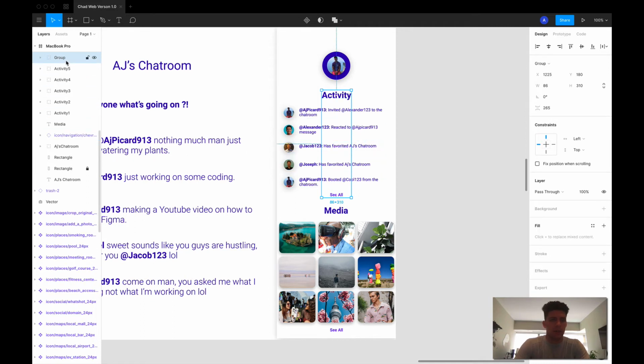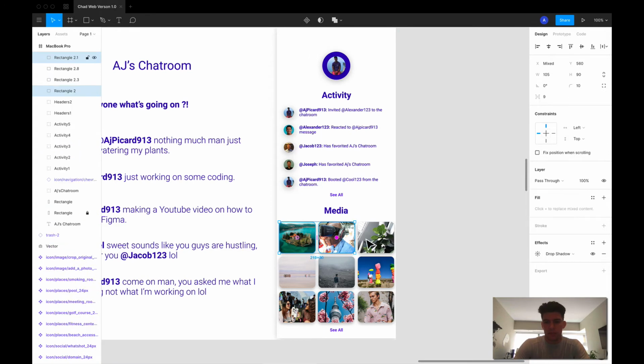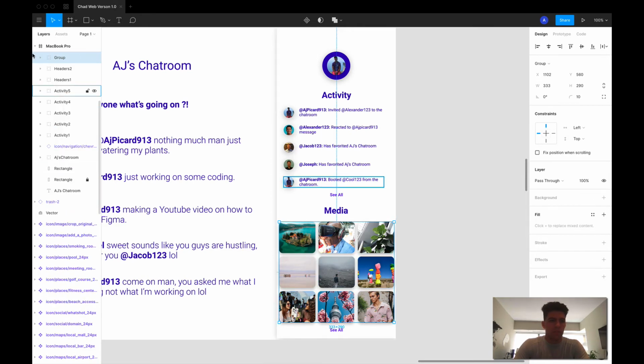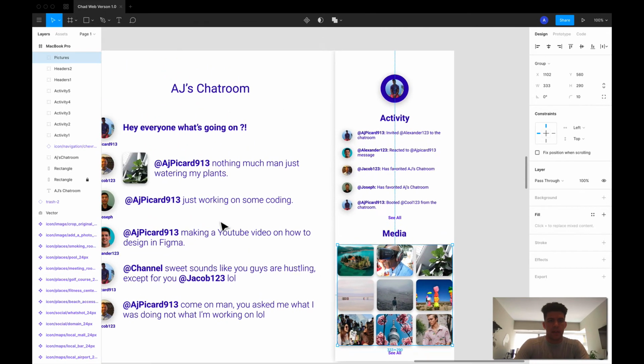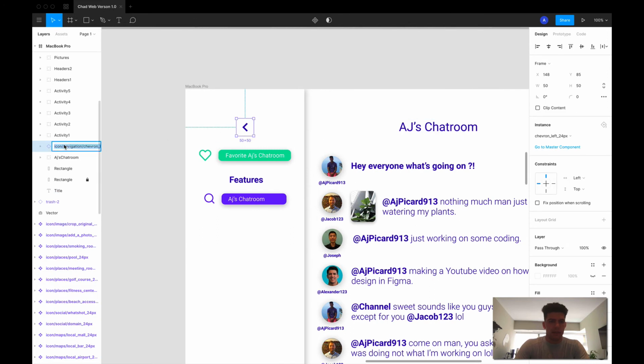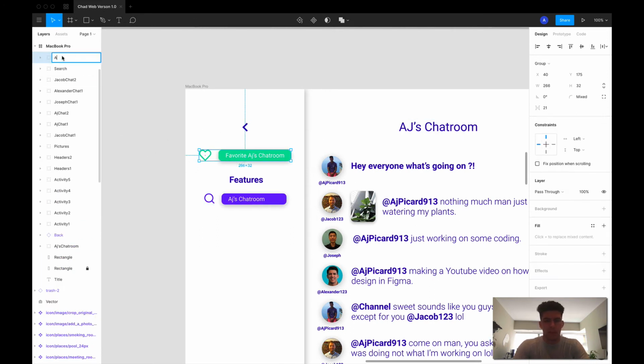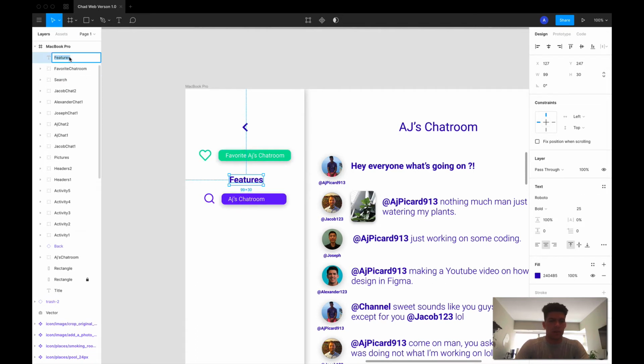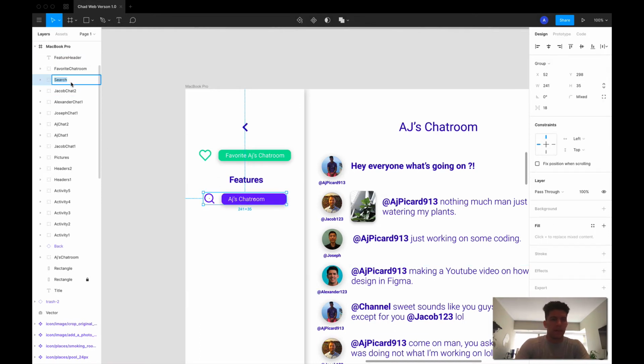And let's group these guys too. Let's call these headers. Same thing. I just want to keep things super organized here. This should be called headers 2, and this should be headers 1. Okay, so then pictures. Let's group all these together. Group pictures. All right. Name this title. Okay, and now name this back. AJ favorite chat room. Features. So this is header. Let's go feature header, so I know. And then let's name this search